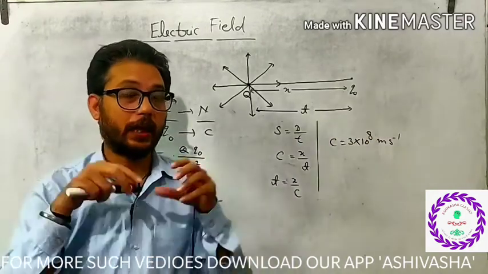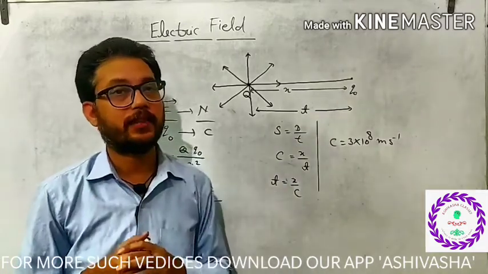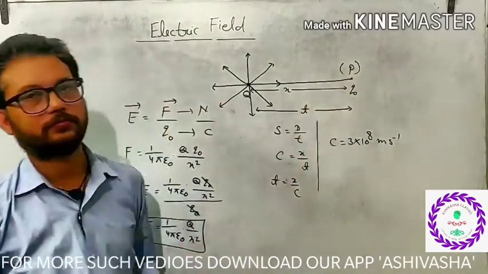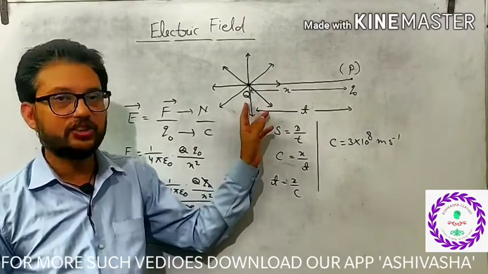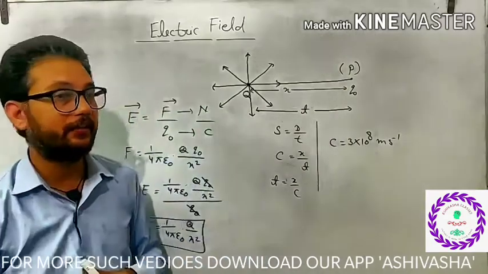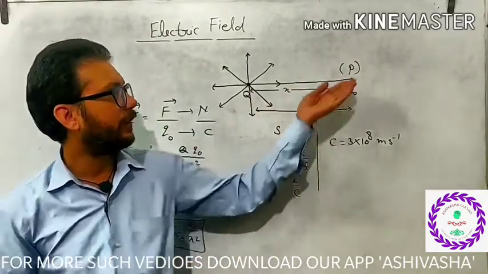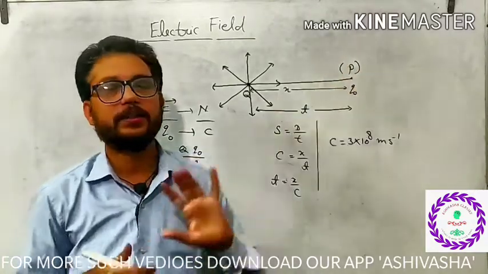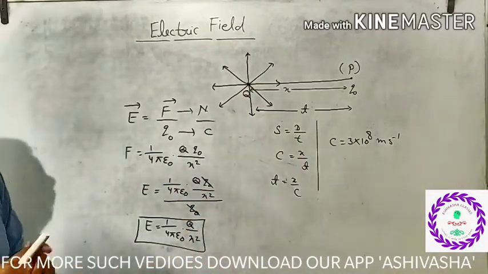But I have already told you that it is not compulsory that a test charge will be there. Then in place of the test charge we consider any point P. It means x will be the distance from the main charge to the point P or any test charge. So if a test charge is given, then we take the distance up to the test charge. If a test charge is not given, then we find the electric field at any point, so the point is considered as the test charge. I hope this basic concept is clear to all of you.